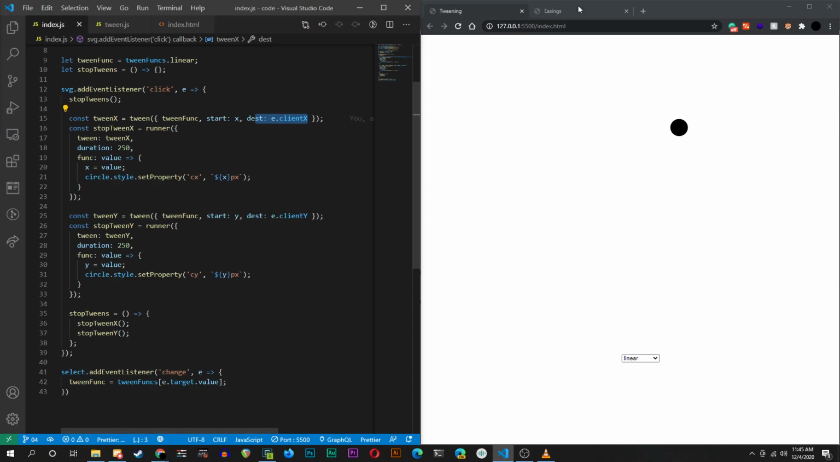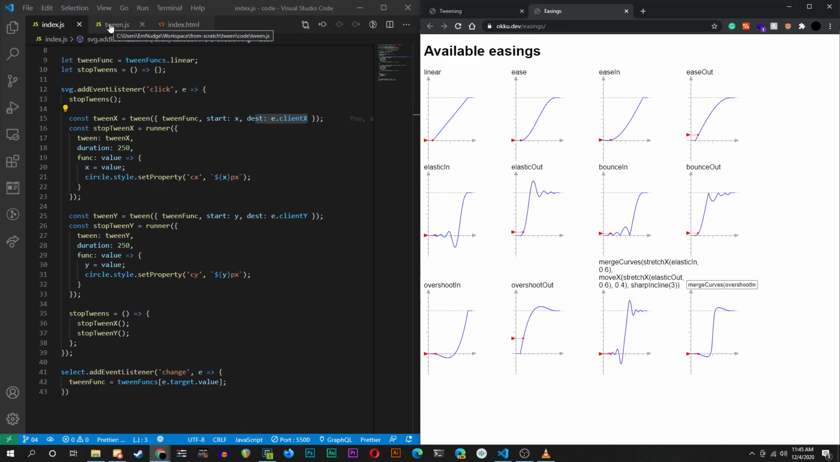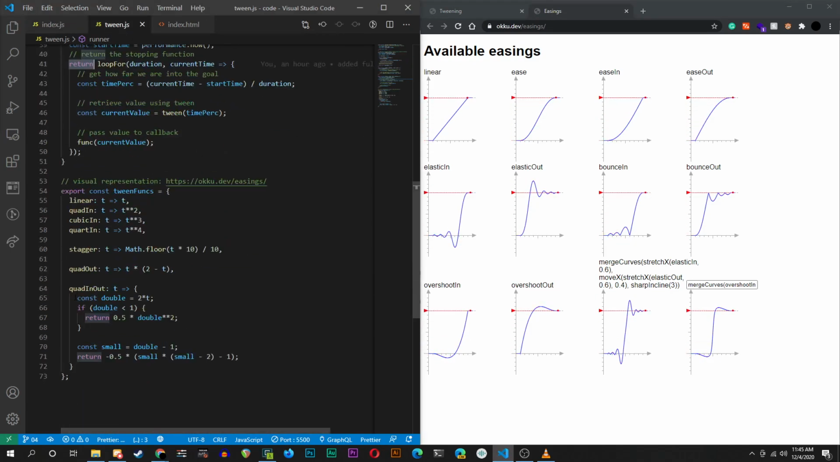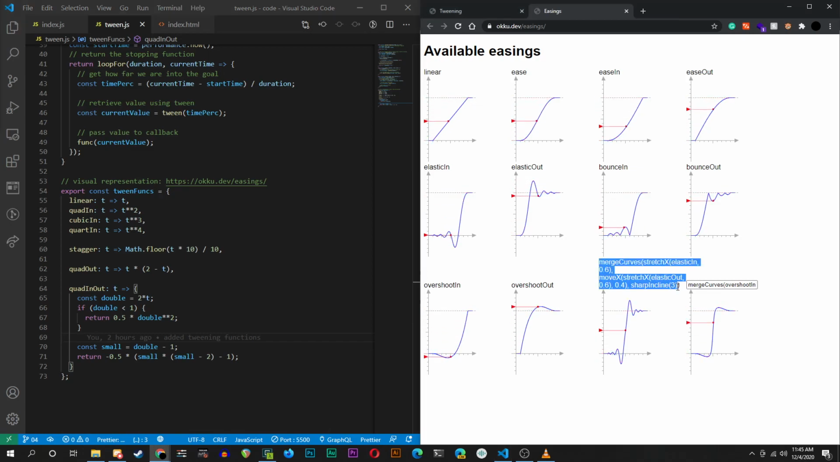Probably the more complex parts are the actual easing functions, which you can just steal from online. A lot of people didn't really invent these. We use functions that someone else has made. But doing merge curves and stretch X is a more interesting way to do things, which I might go into in a later video, I might not. We'll see if there's any real